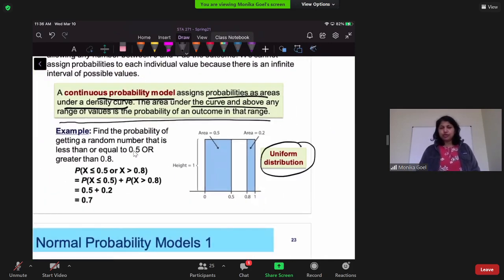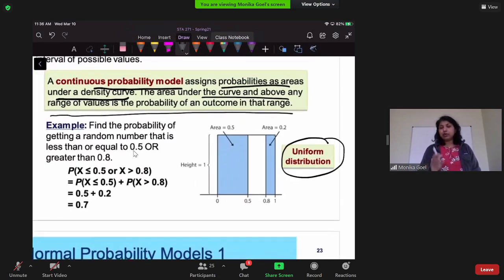so we call it a uniform distribution. The question is asking, and again, when we are talking about a density curve, two rules still hold: it is on and above the horizontal axis, and the area under the curve is one whole. So the area of this rectangle is one whole. So these two rules a density curve should satisfy. We know that it's a density curve, so these two rules are there. Now it's asking you to find the probability of a random variable that is less than or equal to 0.5,